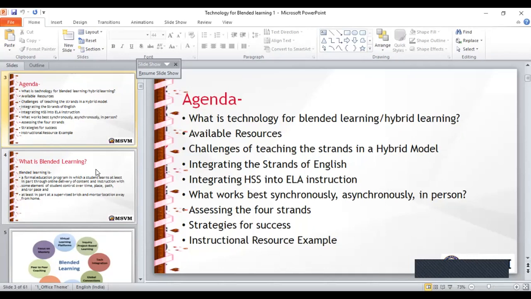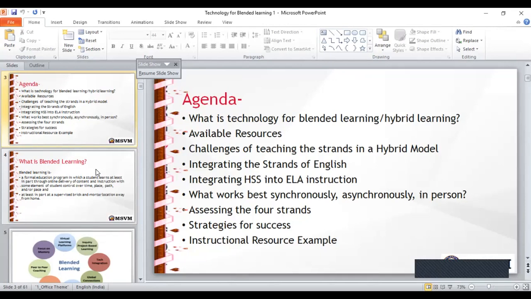So what are the available resources for blended learning? It means technology for blended learning. So what are the resources? Blended learning involves instructional practices that integrate online with face-to-face activities, content that is transacted both in the classroom face-to-face and from a distance, combining instructional technology with the actual job task in order to create a harmonious effect of learning and working.